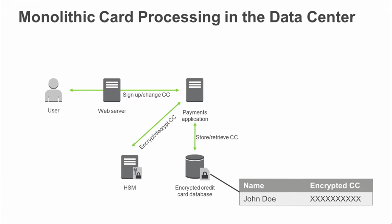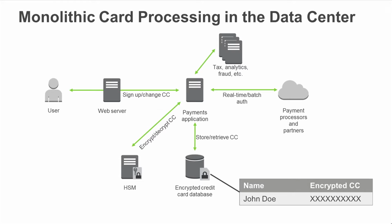John Doe and then their encrypted credit card. And then the payments app, it calls out real-time and batch processing, and it talks to a bunch of systems like tax systems and fraud systems and analytics. And the problem with, well, I wouldn't say a problem, but the argument against a monolith from the developer's perspective